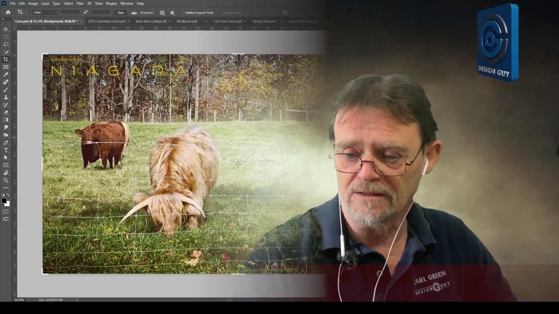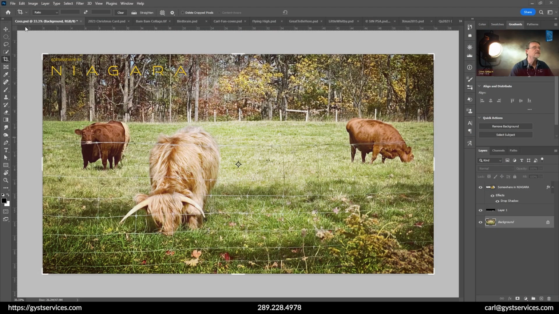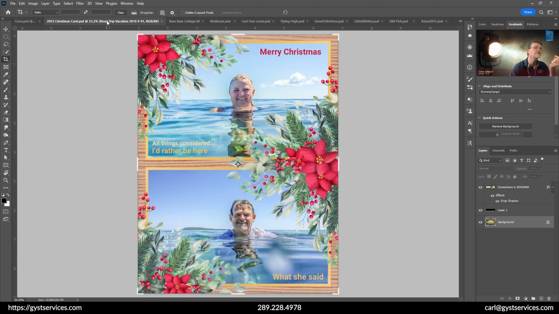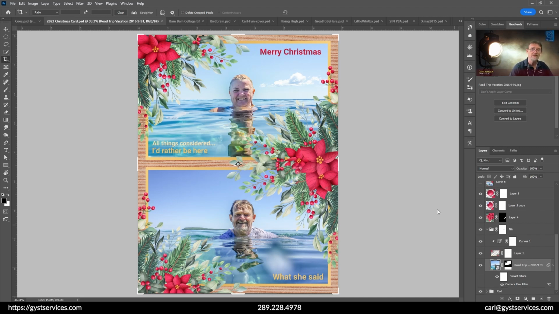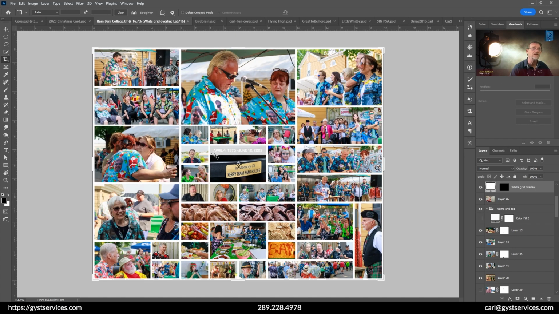Now if I go here, this is Photoshop. As you can see, I have a photograph open right here. What you would do in Photoshop, you would make things like Christmas cards. It has the ability to have layers, which you just can't do in Lightroom. Lightroom does not feature layers. For example, as you can see over on the right here,